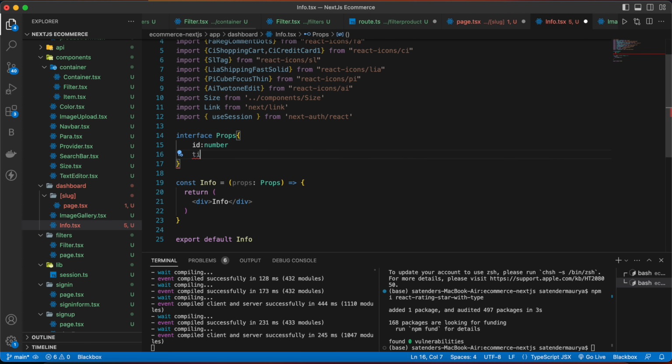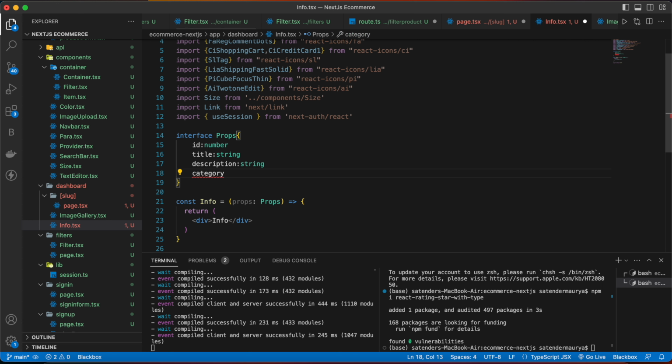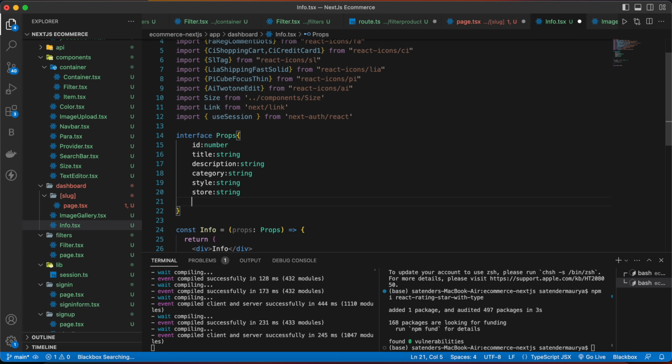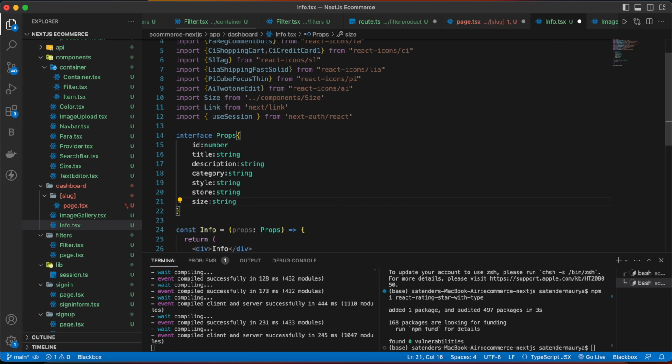Then title, which will be a type of string, then description, which will be a type of string, category, string, style, string, store, string, size, type of string, inventory, number, color,